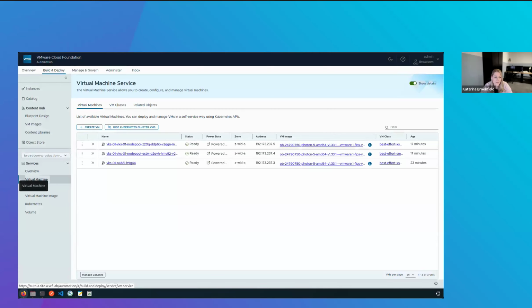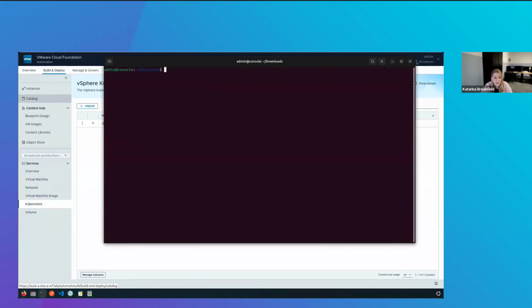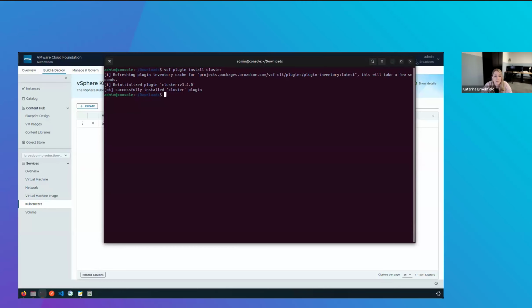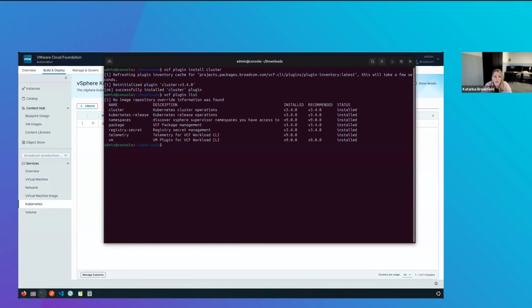machines. And now there are multiple ways of working with our Kubernetes clusters and how we can log in. We also introduced this new unified VCF CLI that you can use to access your clusters. We do have a special plugin for cluster that we can simply install. And then what we can do is we can just go ahead and register this cluster and grab its kubeconfig to be able to log into this using the VCF CLI and also our kubectl